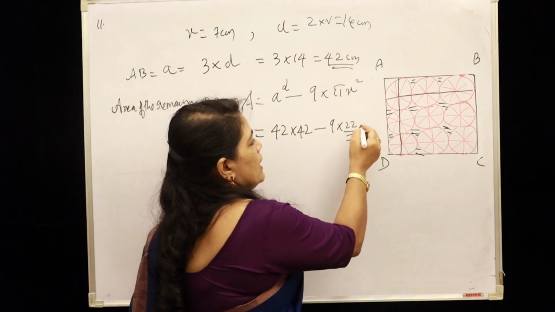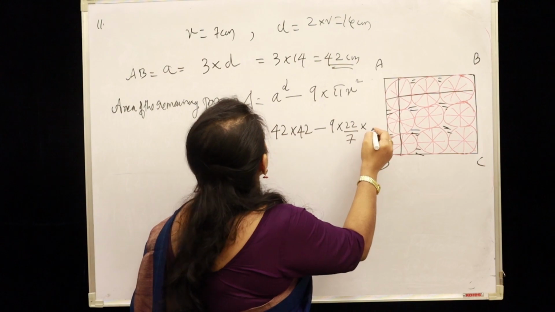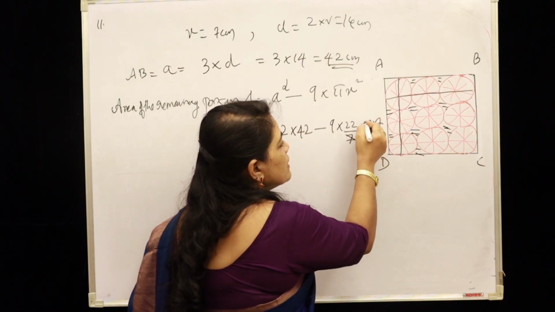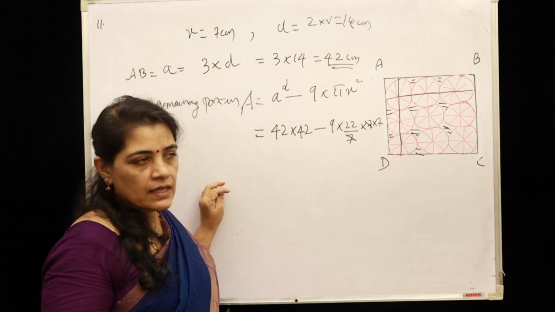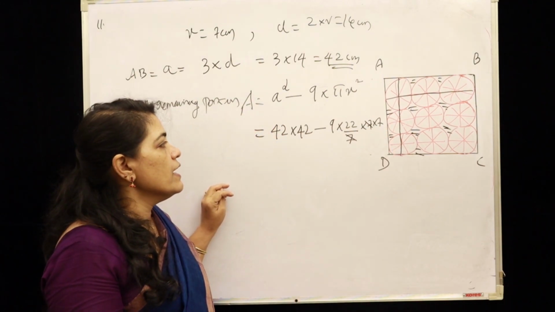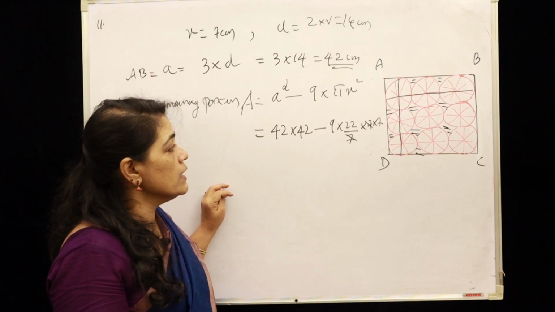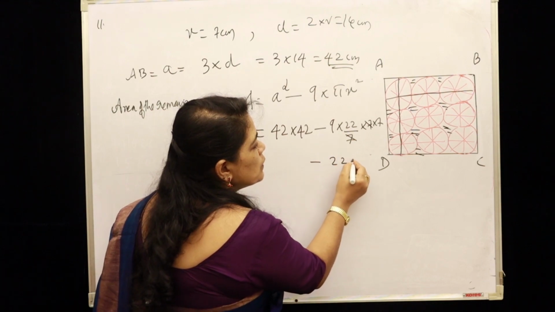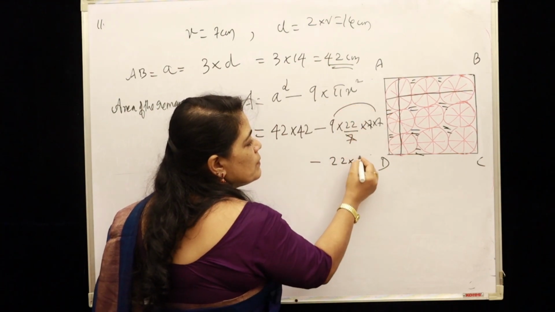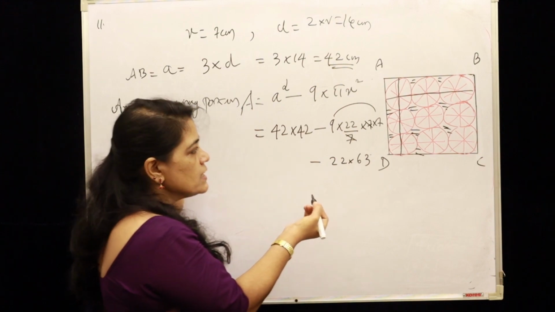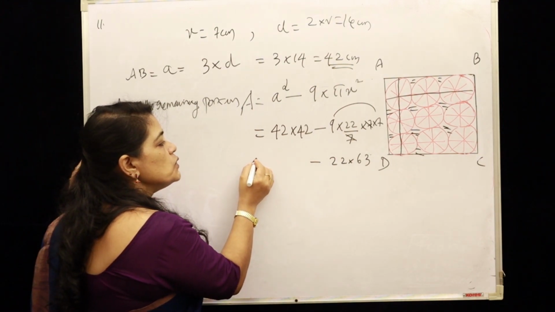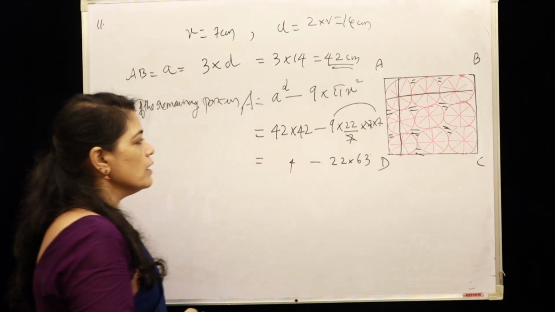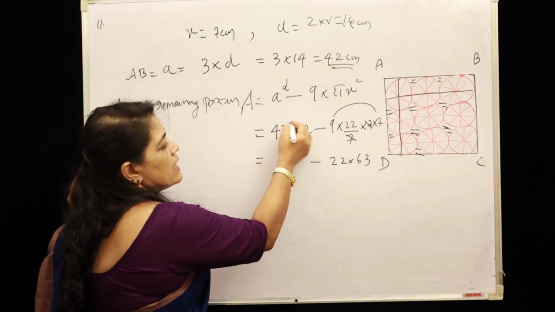for pi, into radius, 7 into 7. So 7 gets cancelled. In the second term, 7 and 7 get cancelled. So the remaining numbers in the numerator will be 22 into 9 and 7, which will be 63. We have to get the product, and here also 42 into 42. 42 into 42: 2 twos are 4, and 8 and 8, 16,